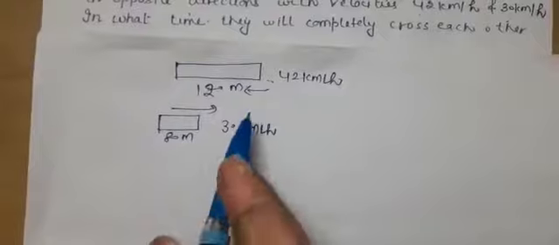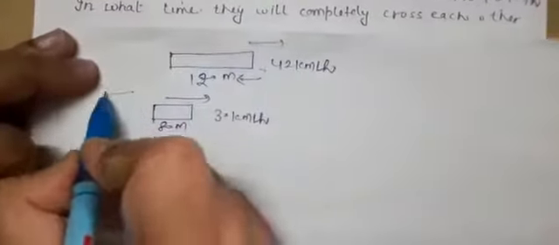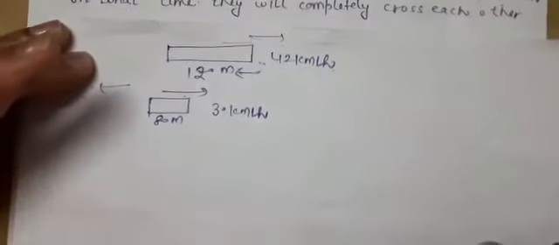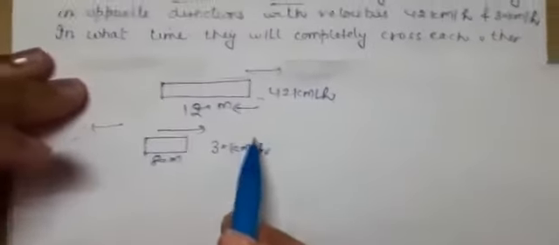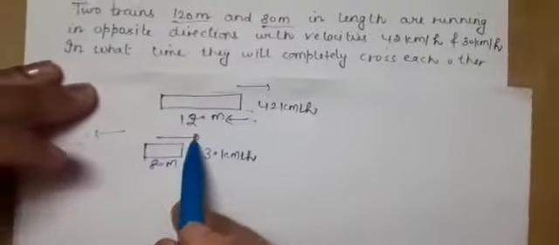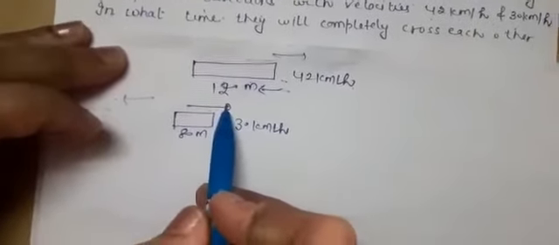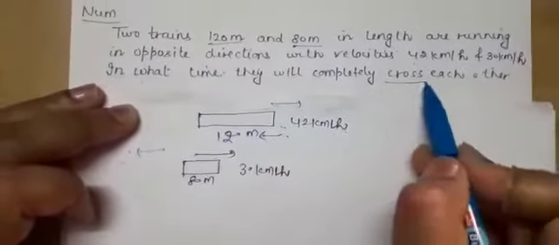First of all, I have marked the direction like this. Can its direction be like this? If they move in opposite direction like this, they will never meet. Why? Because they will not reach a common point. So you have to understand it. When these are moving in the opposite direction, it is not giving us clarity. It comes into the picture when we read the statement that they will completely cross each other.